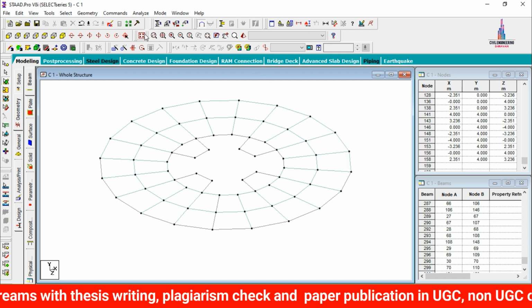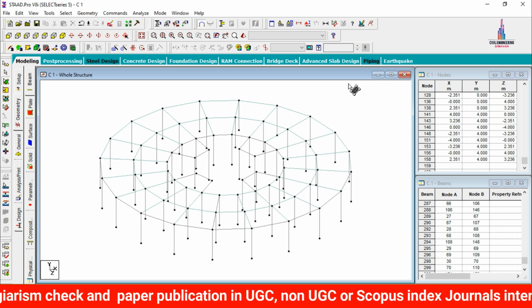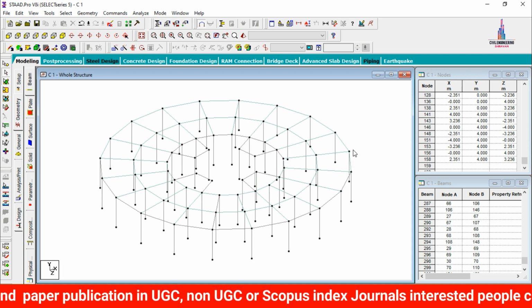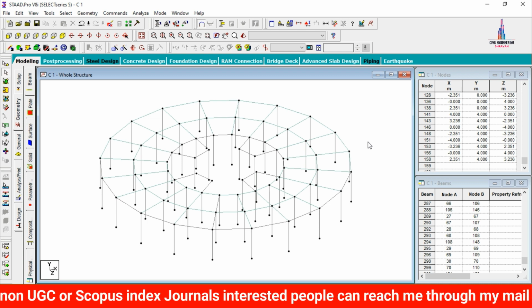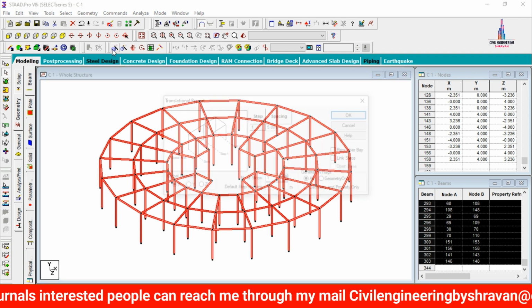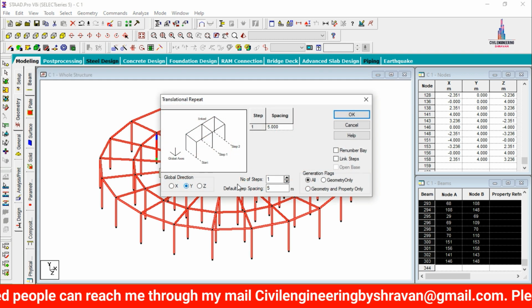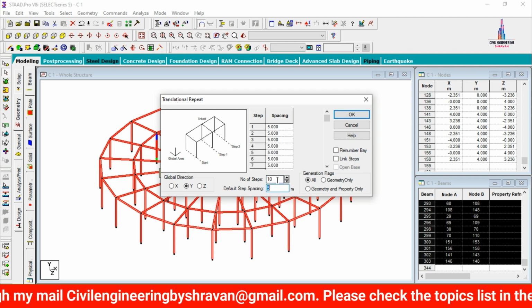So after that we have to click on this 3D rendering view process. So this is the process for this respective ground story. So after creating the ground story, we need to copy this property to your respective remaining sections. So for that just I am selecting all these beam sections, go to translational repeat, which is in y direction system, which is consisting of number of steps are 10 and each step will be consisting of, let us consider